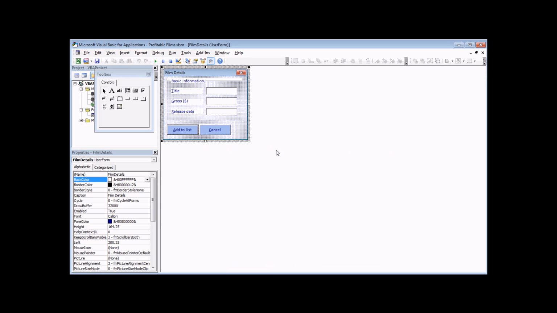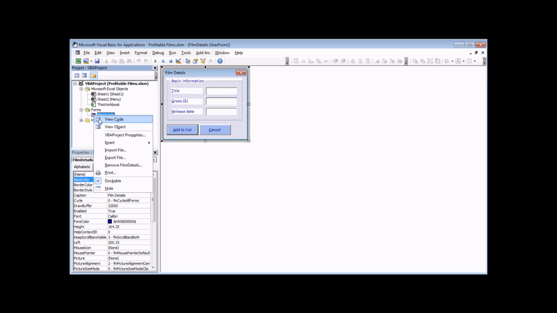Now you may remember from the first video in the series that there's a variety of ways to get to the code view of a form. One way would be to click on the form's background and then press the F7 key on the keyboard. Alternatively, I could look in the Project Explorer window, right-click on the form object there and choose to view its code. The simplest way by far, though, to view the code of the form is just to